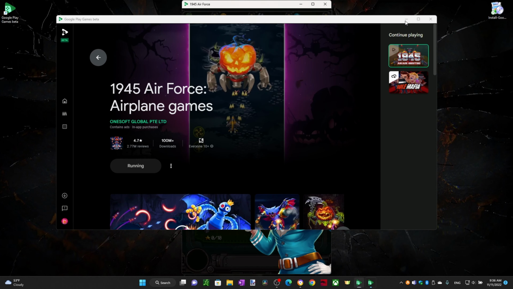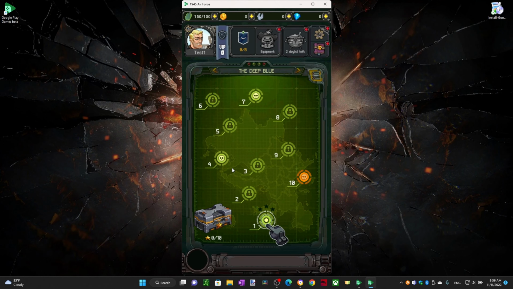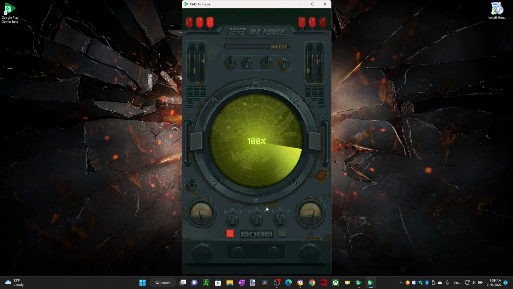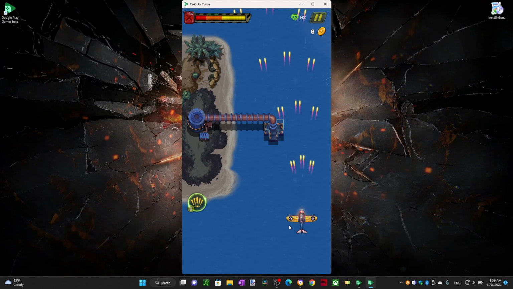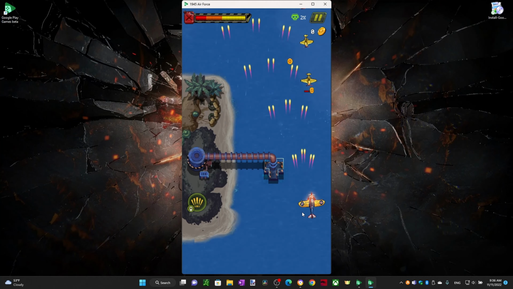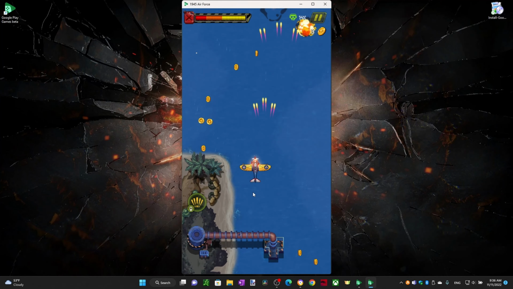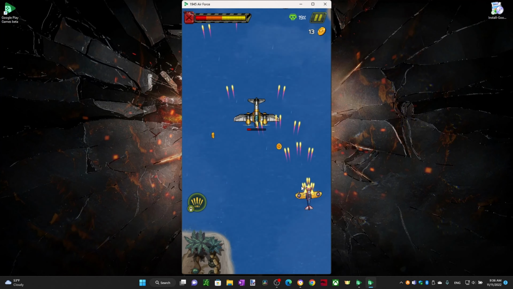Let me minimize the other window. So now it's asking me to write my game name, so I'm just going to say test1, accept, and I'm gonna select something, choose this, and play. Okay, so the graphic looks amazing. It's just like playing on a phone, and I could move this with my mouse, left click and hold, and it seems like it's really good